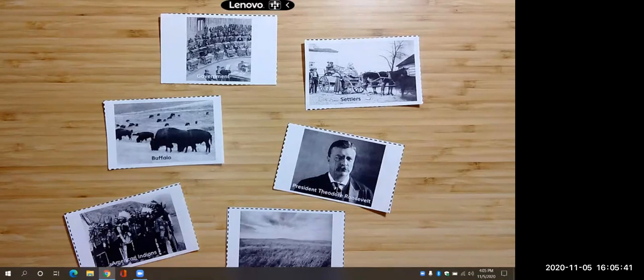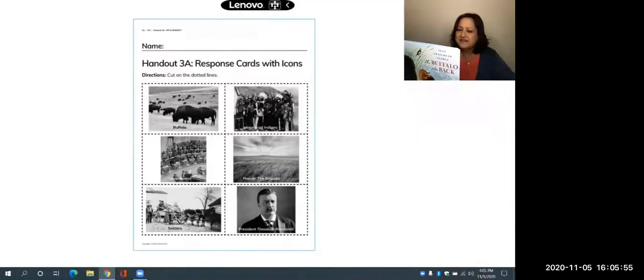As I read parts of the Buffalo Are Back, I want you to pull out the cards that connect to this part of the story. Ready? Here we go. The Indians who lived on the plains were setting the grasses ablaze, as they had for thousands of years. The fire was good for the prairie. The calf may have been afraid of the flames, but they kept the trees from taking over the grasslands. The fire's ashes put nutrients into the soil, making the grass healthier for the buffalo that ate it.